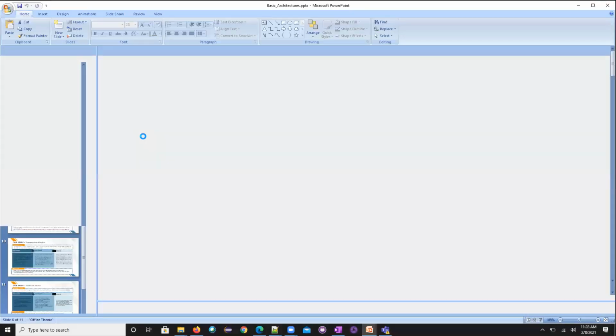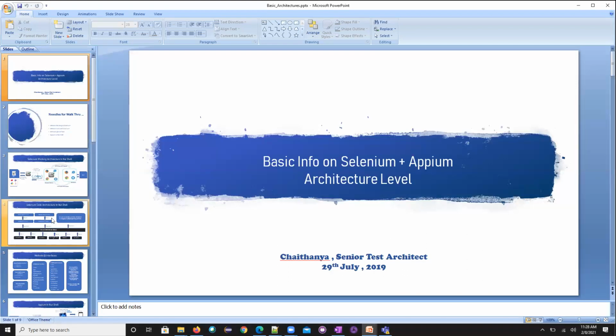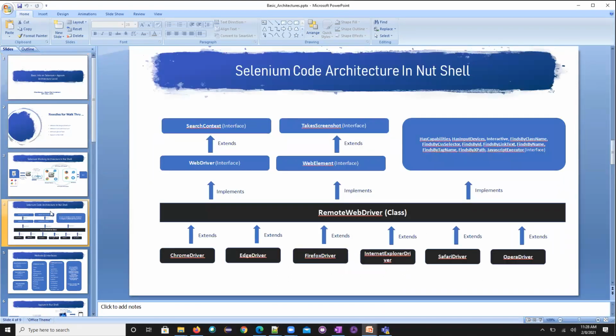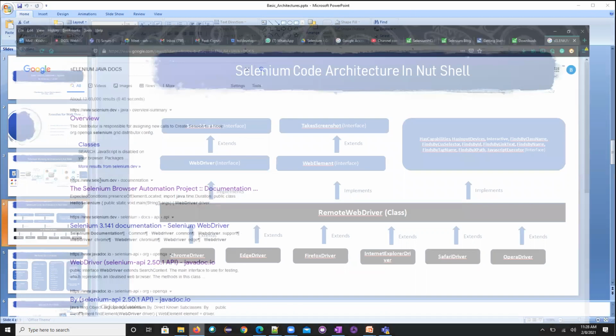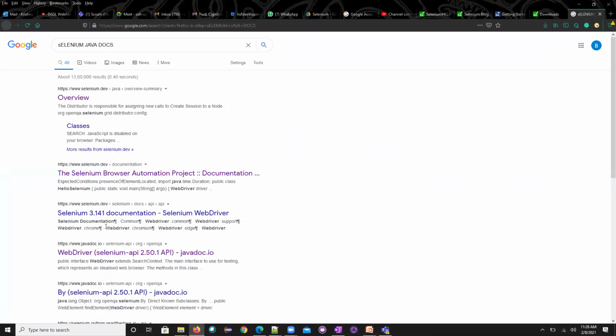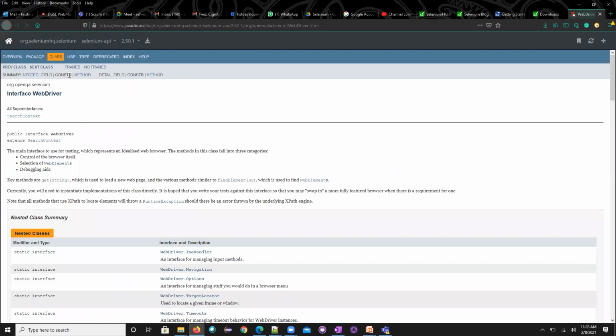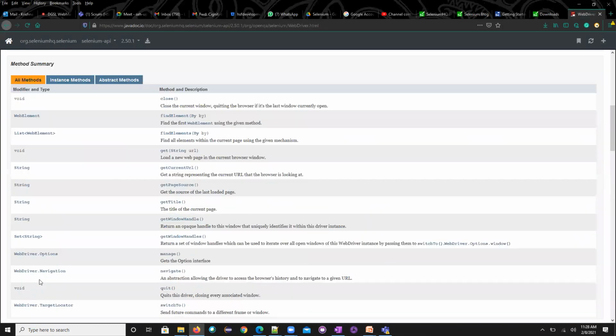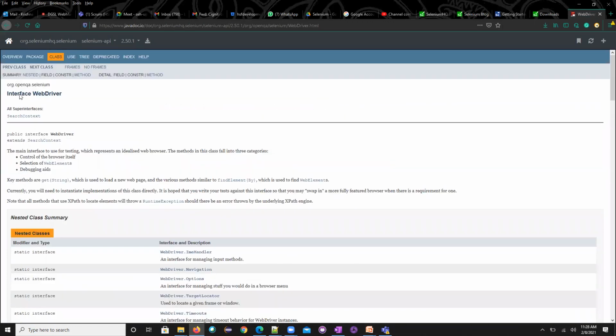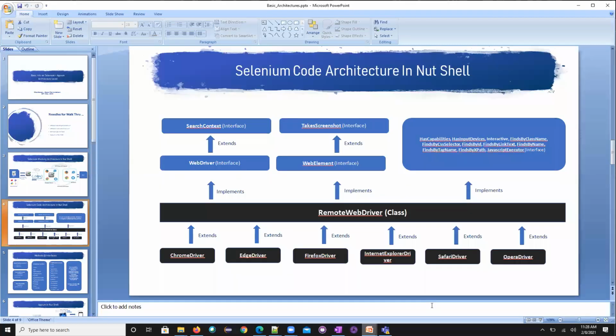So now what are the steps you need to do? You need to come here and refer to the Java docs as I showed you. Go back to the Java docs and see the hierarchy, how it was laid out, what interfaces we have, and what classes there are at a high level. The minimized version of the Java docs will be available over here. Now we can see, what is the SearchContext? What is a WebDriver?